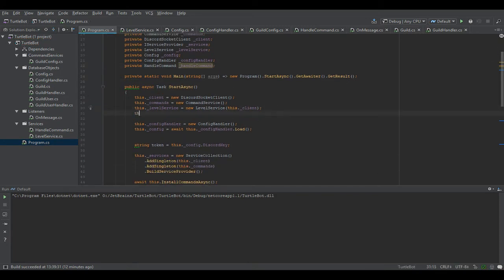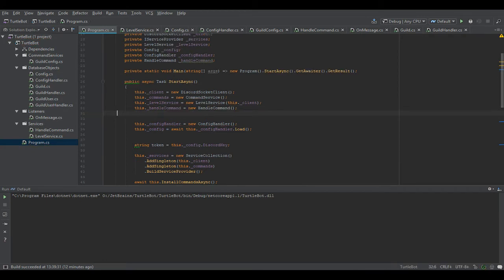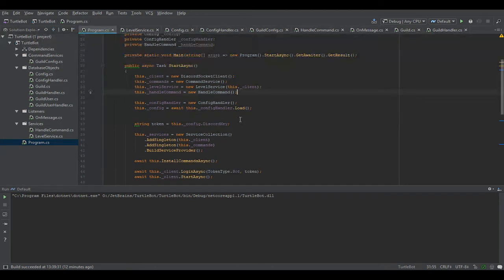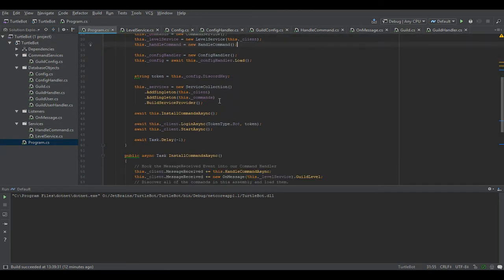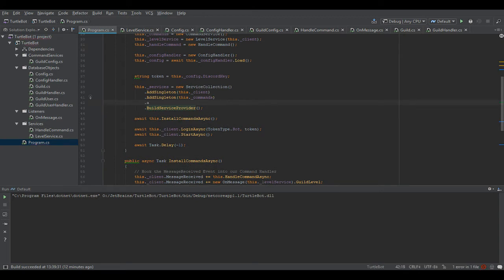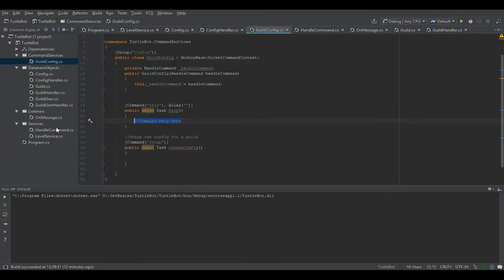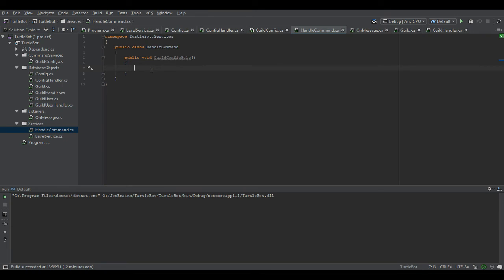Then let's go there. And we go to dot add singleton. And handle command. So now we can get the handle command class passed directly into everything there. Now we can have a guild config help and